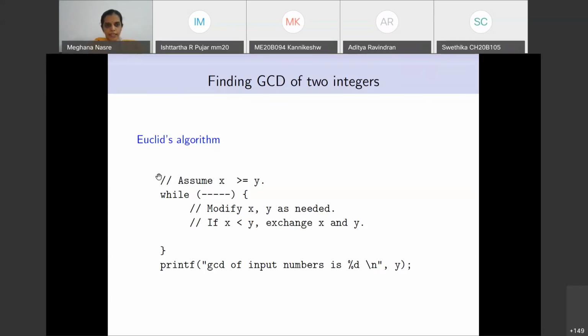So all this part, assume x greater than or equal to y, is something that I believe all of you can do. If it is not, then swap x and y. What is modify x and y as needed? It is x is equal to x mod y. What is if x is less than y, then exchange x and y? That is something that I assume that all these comments are something that you can fill up.